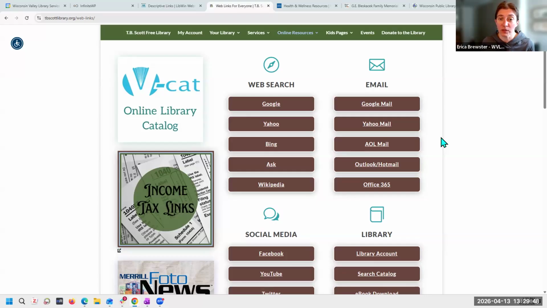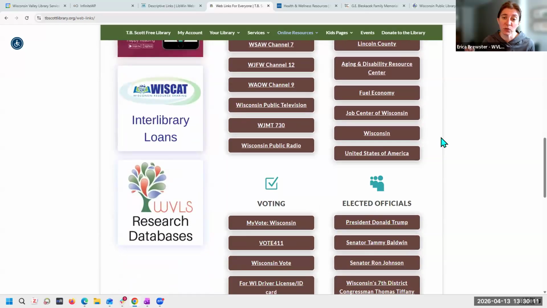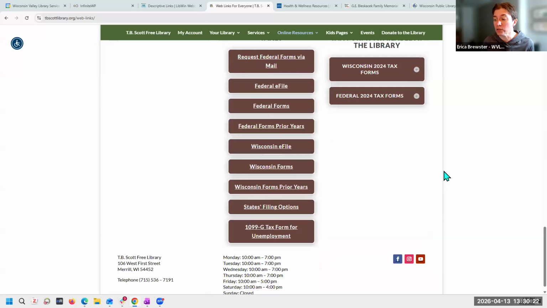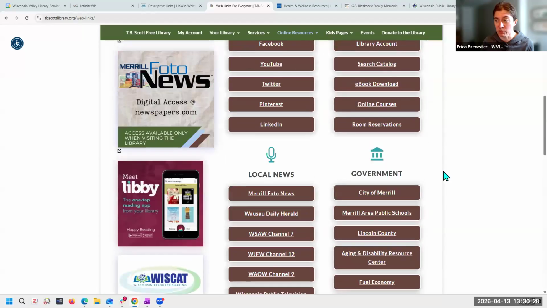So that's another thing. Right now, a lot of you who are waiting for your websites, TB Scott's has been brought up. It is one of our test sites that's been brought up to, in theory, full accessibility standards. And on Thursday, I may use this one with the accessibility checker just to show how it might look and work. When Brendan does this, or whoever does the plumbing on your website, they are going to use a screen reader to read down it and see if it makes sense. Our goal is to have somebody who is trained in using a screen reader to actually review these types of